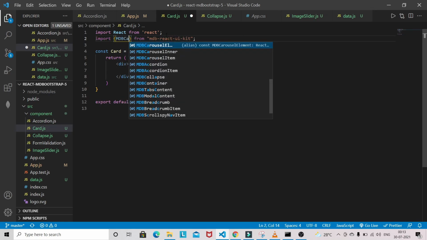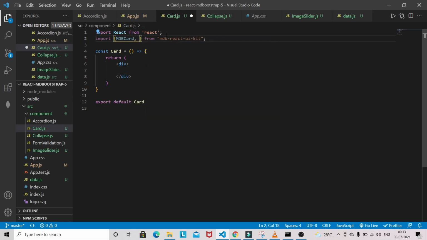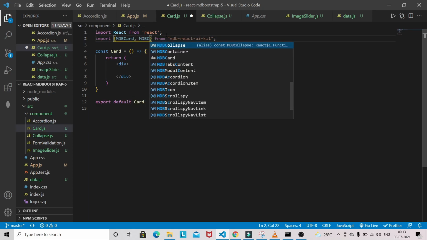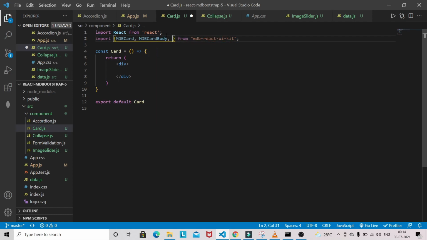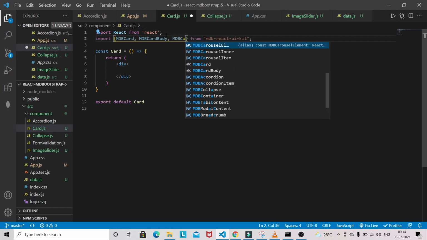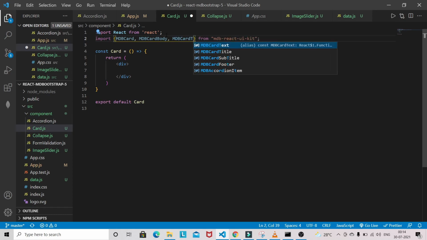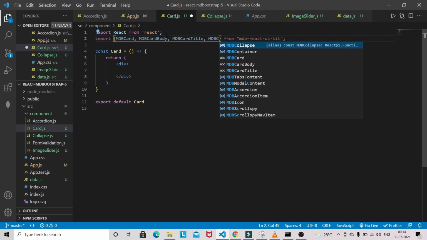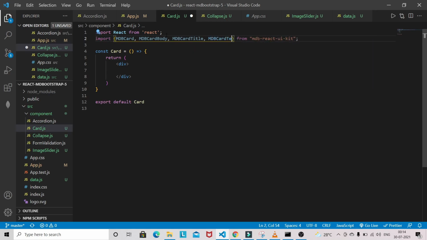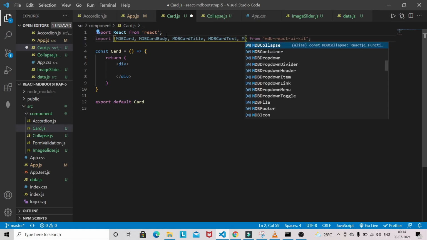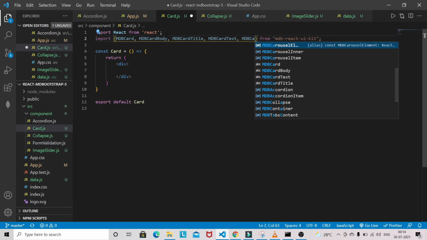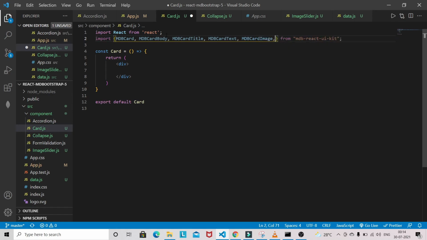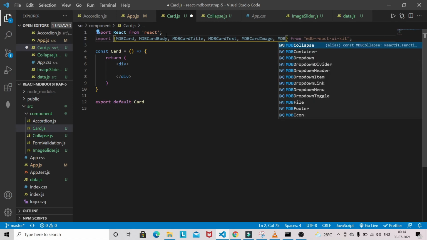We need MDBCard, MDBCardBody, MDBCardTitle, MDBCardText, and we also need an image in order to show the image, so we need MDBCardImage, and you can also add a button in your card component, so you can use MDBBtn.